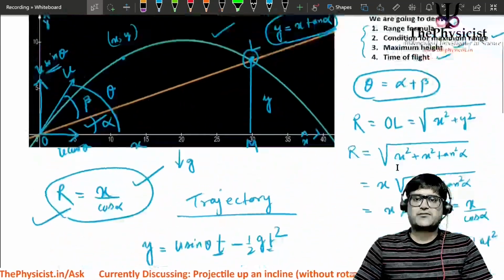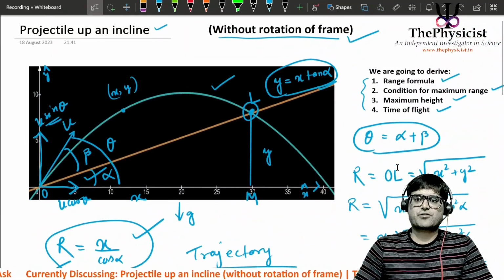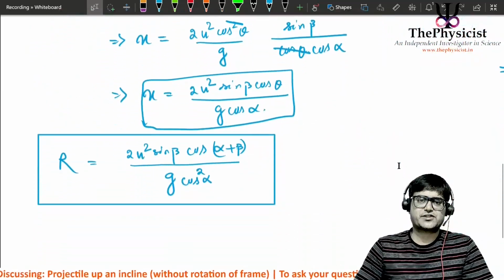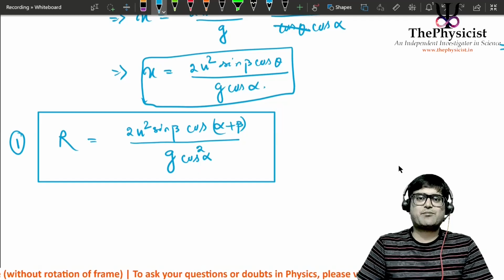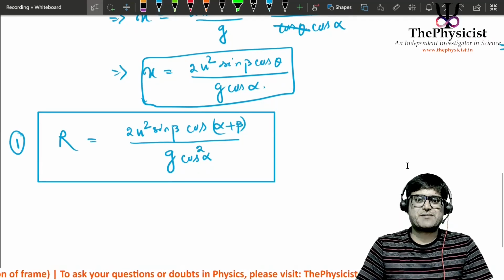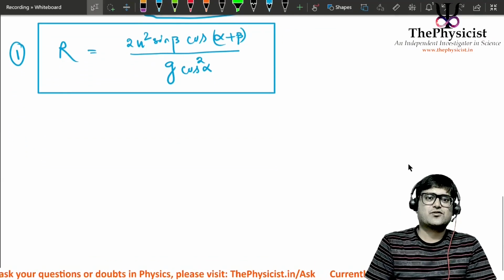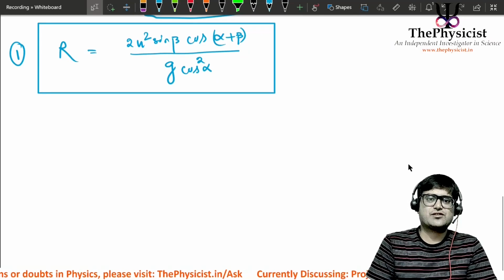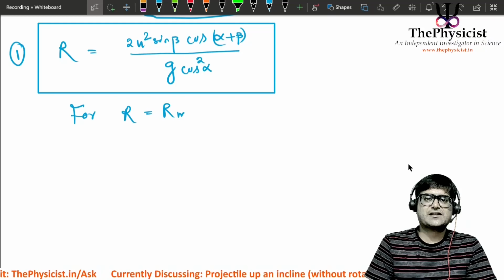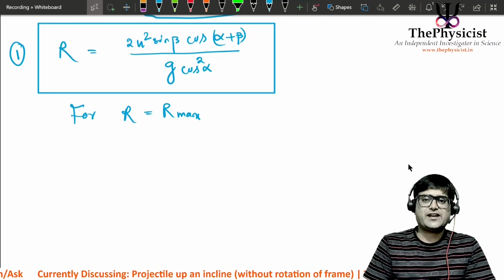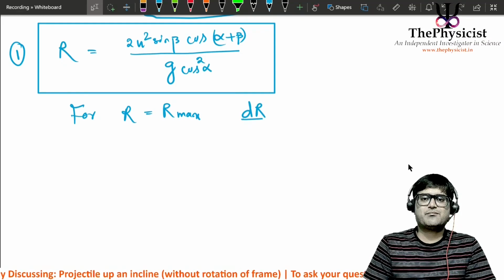Okay, so we have finished the range formula. One has been finished. Now, the condition for the maximum range. When would the range be maximum in this case? For the maximum range, for R to be R max, we need dR by d beta to be 0